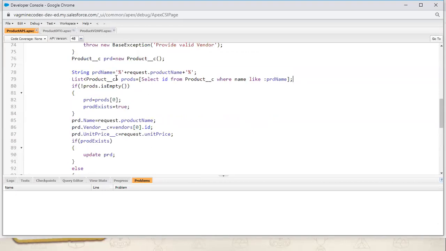Now, at line number 79, the put condition is based only on the product name. I'm just checking whether it exists or not. So if we want to change the logic, you should change the logic here only. Okay, not only the product name, I want to check the existence or uniqueness with other criteria as well. And then based on this, you can put the operations.